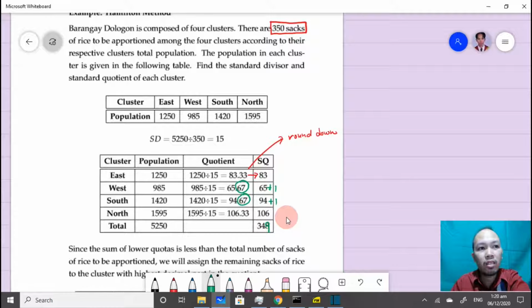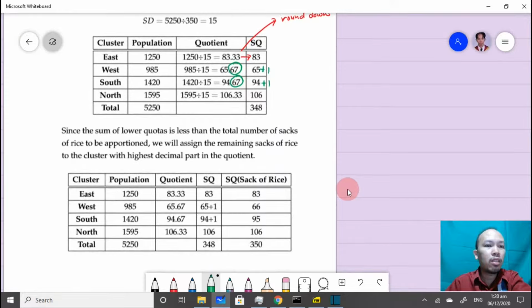The west will win. But if they have the same third decimal place, then go to the fourth place, the fifth place, sixth place, and so on and so forth. So I hope that you now have the idea. Just be careful. Now I'm going to go back to that one, and the resulting